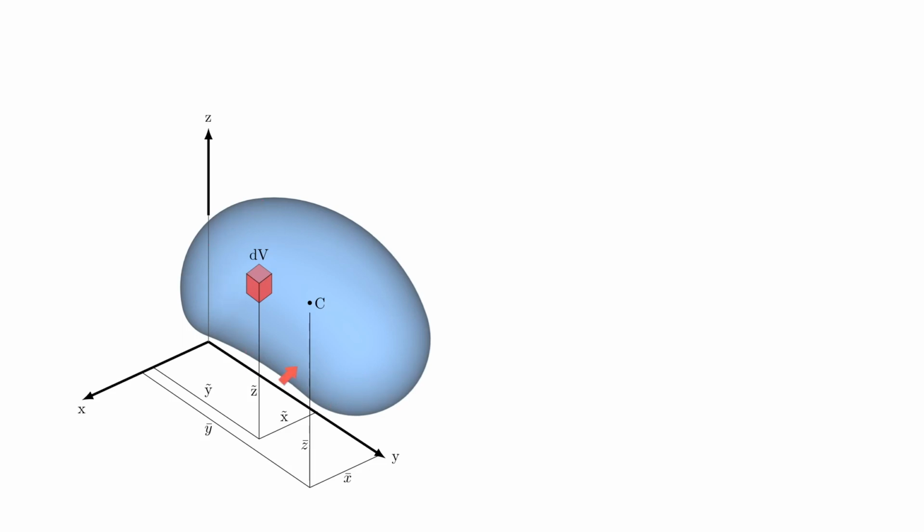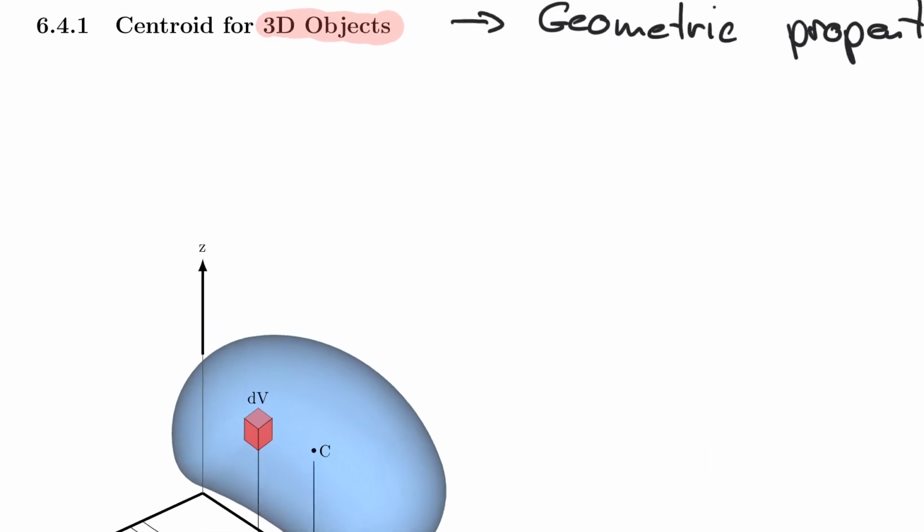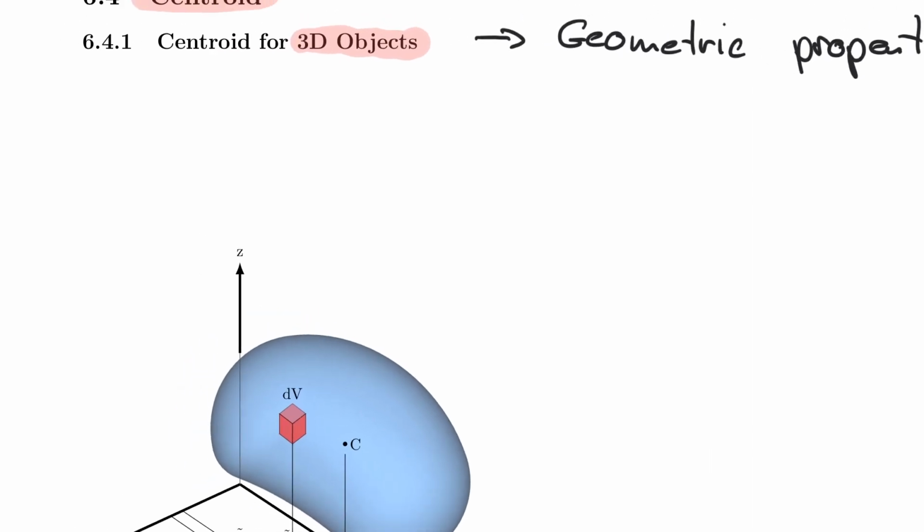This is a 3D object here, and this is as high as we go geometrically here. Of course, you can also do it in 2D and 1D, which we will do down the road. But we are purely dealing with geometry here. So we can say that similar to before, the coordinates of the centroid of a volume can be obtained by replacing or rearranging parts in the formula. So similar to before,